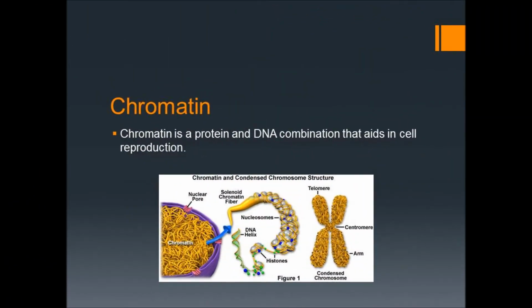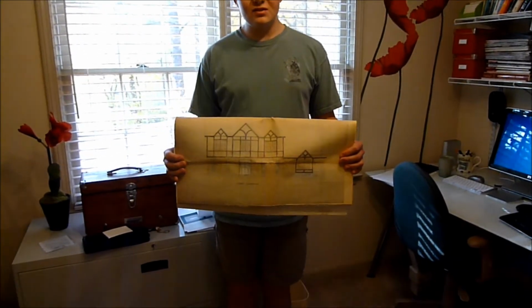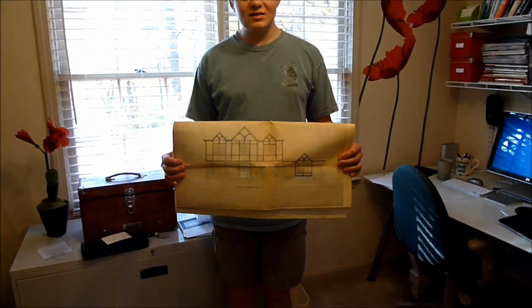Chromatin is a protein and DNA combination that aids in cell reproduction. The house plans are just like this because we can use them to build a similar house in a separate